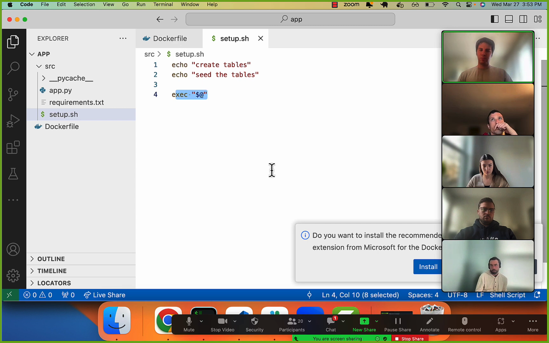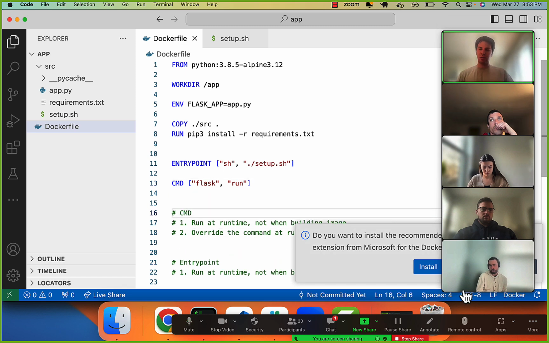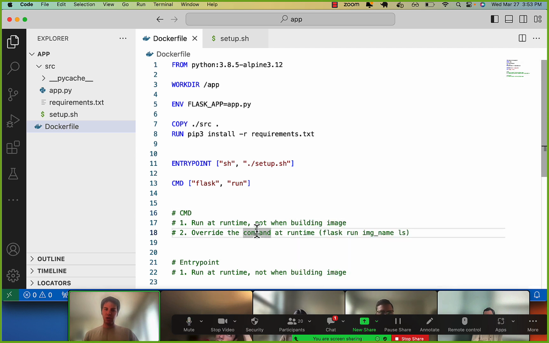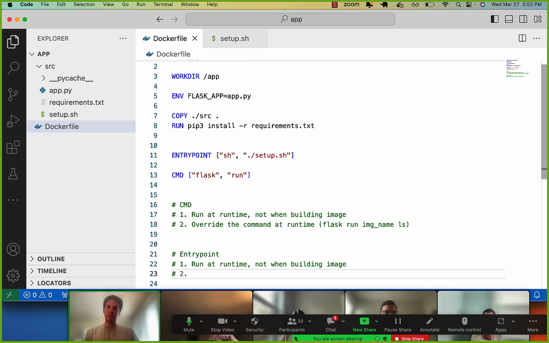All right. So just to review, I just want to review what we covered. The first thing is command. We know it occurs at runtime, not when building the image. We can override the command at runtime by just providing an additional argument. Entry point works basically the same way, run at runtime, not when building the image. The difference is you cannot override the entry point. You can only provide